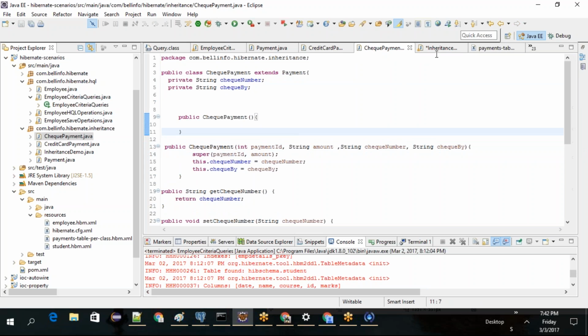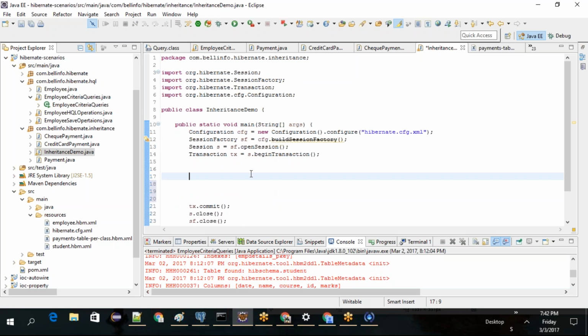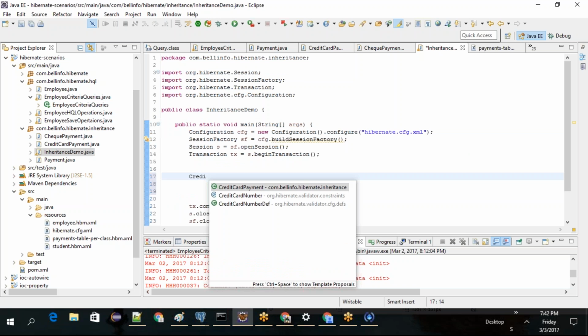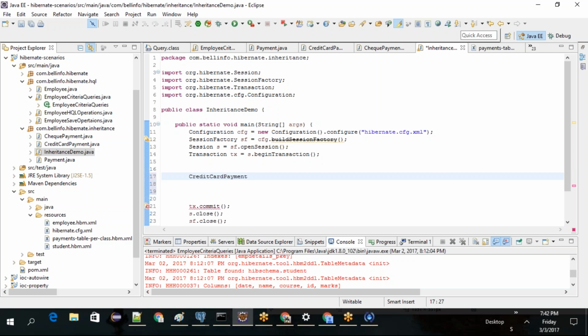Nice. Perfect. Now what are you going to do? You're going to create as many objects as you want, as many different payments: credit card payments, as many different users, check payments. So all you need to do is, how do you create a credit card payment? CC1 equal to new